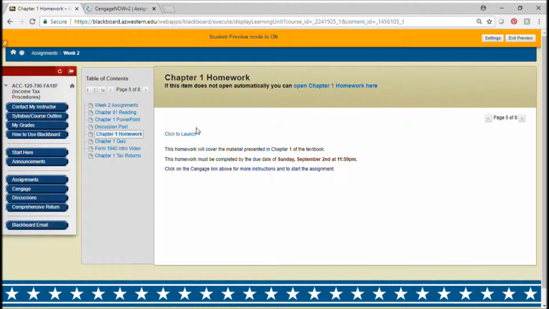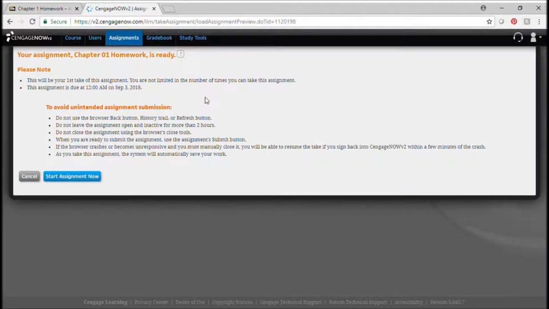For the chapter 1 homework, it'll again remind you when it's due, and then you click here to launch. I already have it open right here. So once you click to launch, you'll jump into Cengage again. It'll let you know you're working on your chapter 1 homework. It will tell you anything important you need to know, such as